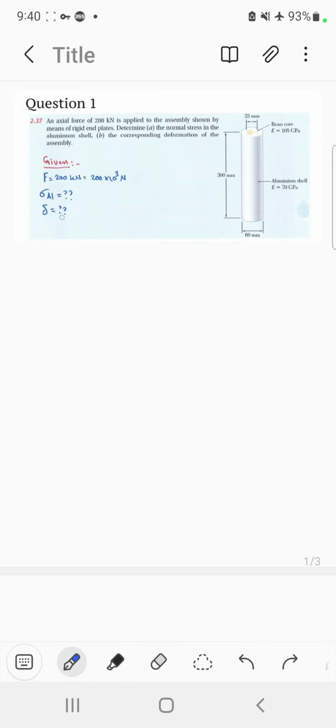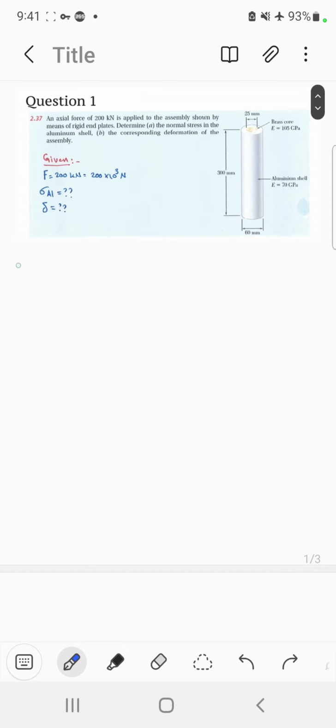Deformation is when you apply some force on this metal, the length is going to change because it is compression, so it will reduce, which we call delta. So now let's start solving this. We have two main equations. First equation is,